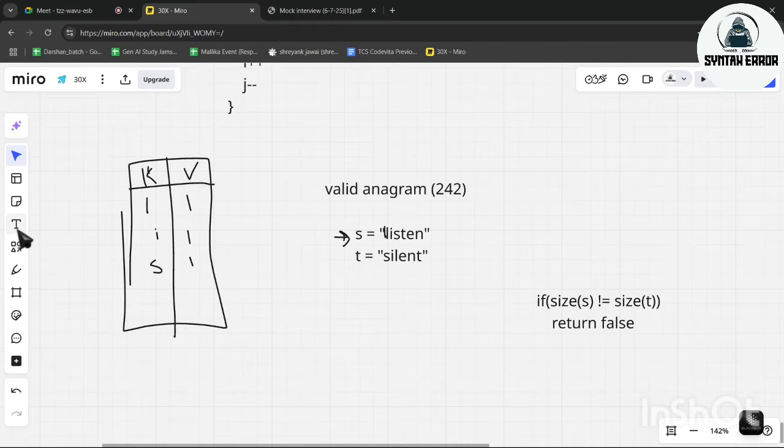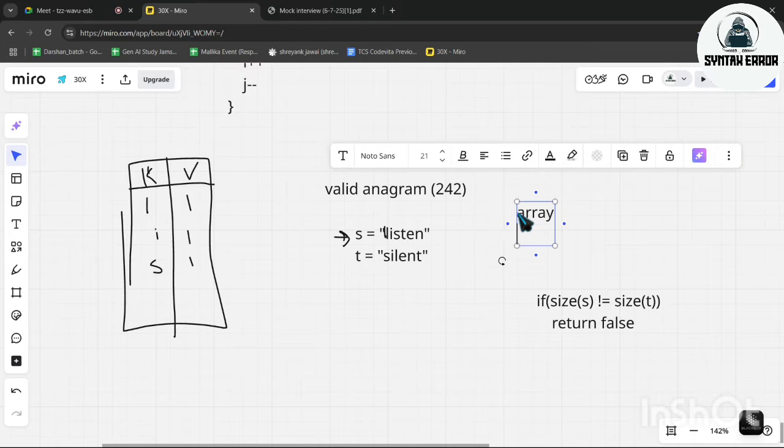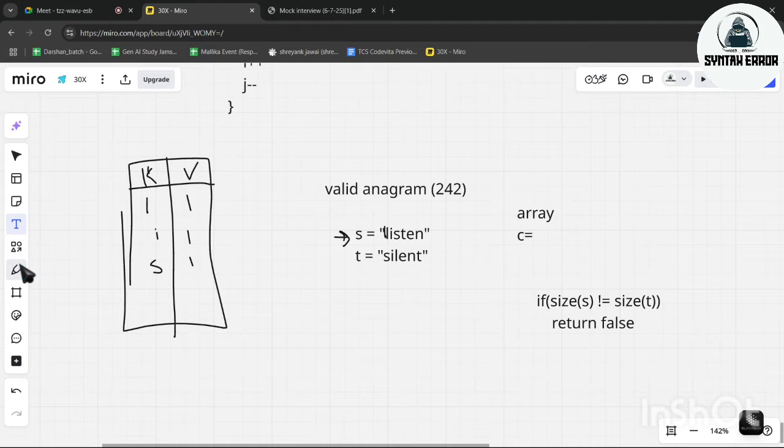Okay. What we will do is we will take an array, let's just call the array C, and in this array we will keep writing the frequencies.